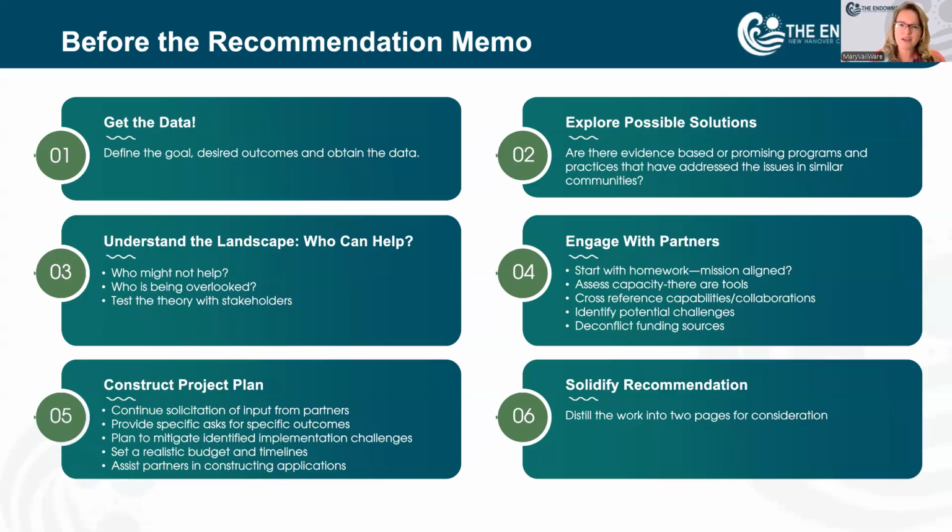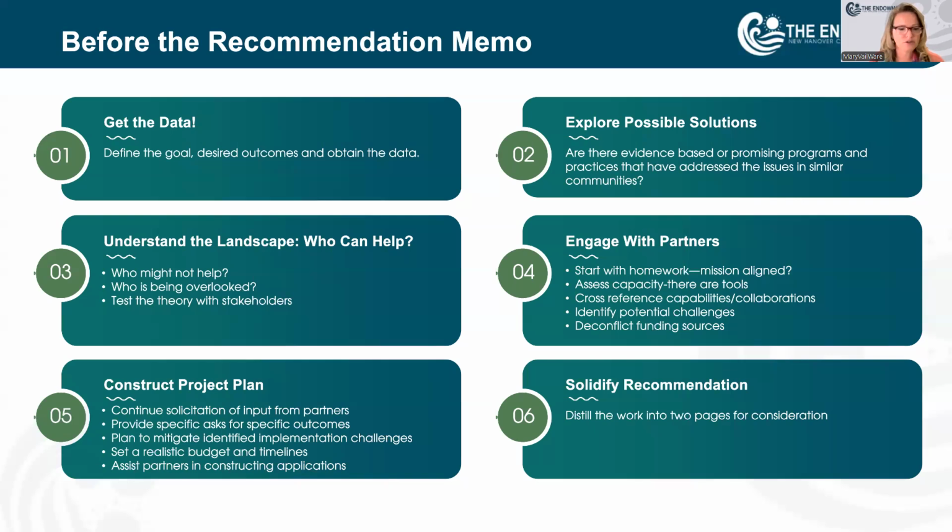And you might say, why do you want to do that? Well, what we want to do is leverage every potential funding source to get to this goal that we're working towards together. So we want to deconflict those funding sources and maximize all available funding sources to bring to solve our problem. We then want to construct our project plan and continue